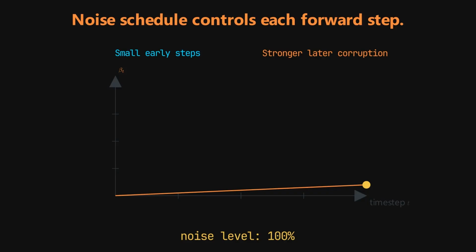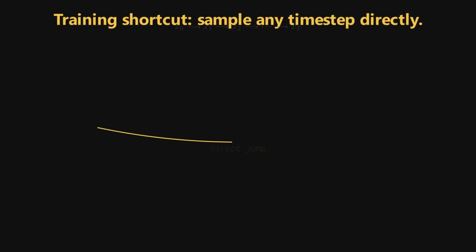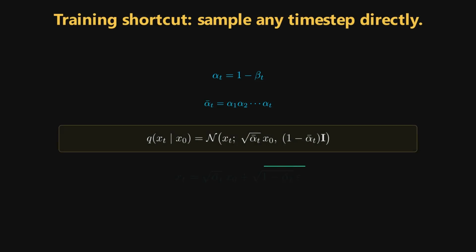Early steps usually add only a small amount of noise. Later steps make noise dominate more and more until the original image structure almost disappears. Geometrically, the mean is pulled towards 0, while the noise becomes stronger. If the total amount of noise is large enough, xt becomes approximately a sample from a standard Gaussian distribution. In other words, after enough corruption, every image ends up looking like noise. Very democratic.